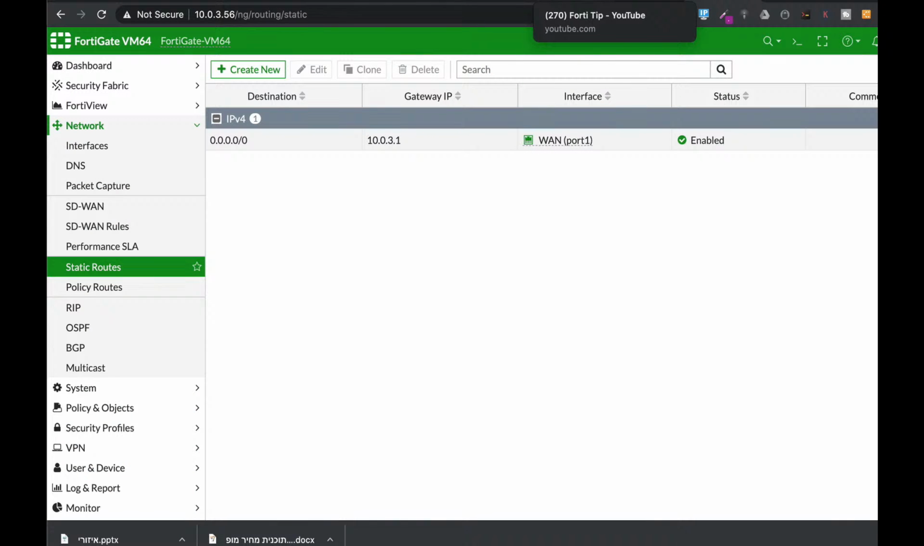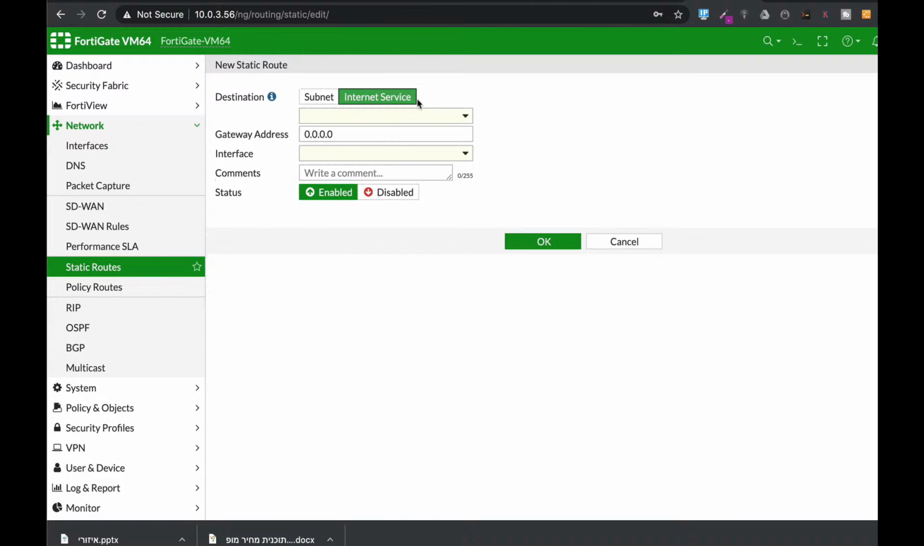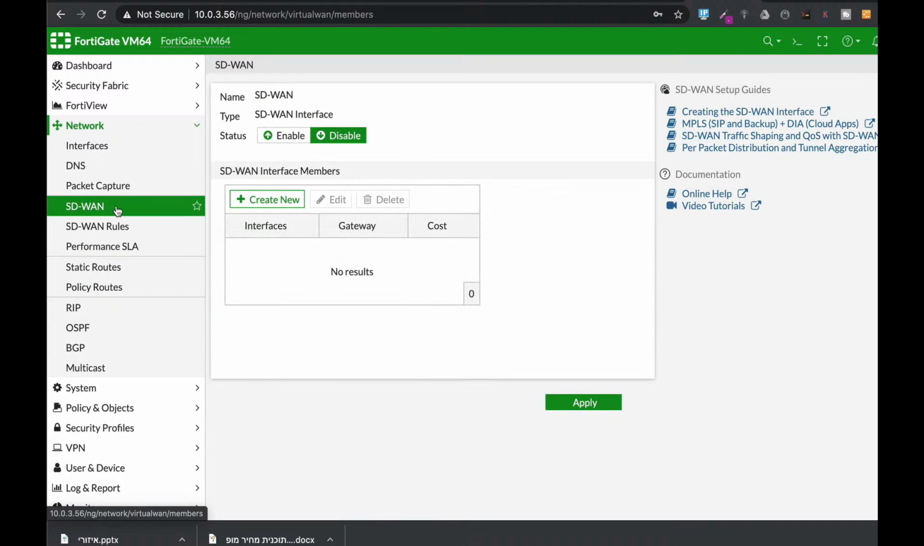The following scenario is quite typical for many businesses. Now, if you're using more than one WAN interface, you can create different static routes to each WAN interface, and prioritize different internet services. You can also prioritize the interfaces. You can even use SD-WAN rules and performance SLA. Now, we will look at a case where we have only one WAN interface, and we will do it using